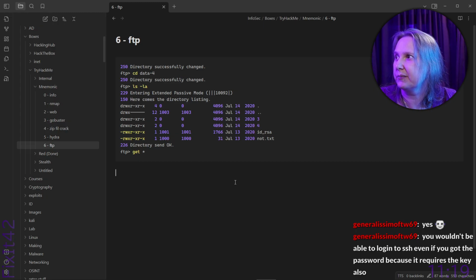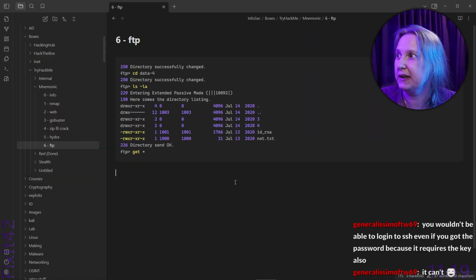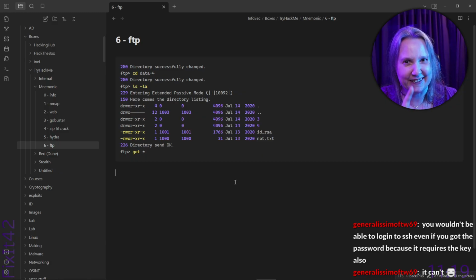You wouldn't be able to log into SSH even if you got the password because it requires the key also. Yes, but I meant that if Hydra could do both, then it would work. But if it can't, then it doesn't work. It can't. Yeah, and it can't. Okay. So that's a tool that needs making. Or maybe John is just too good for anyone to bother.